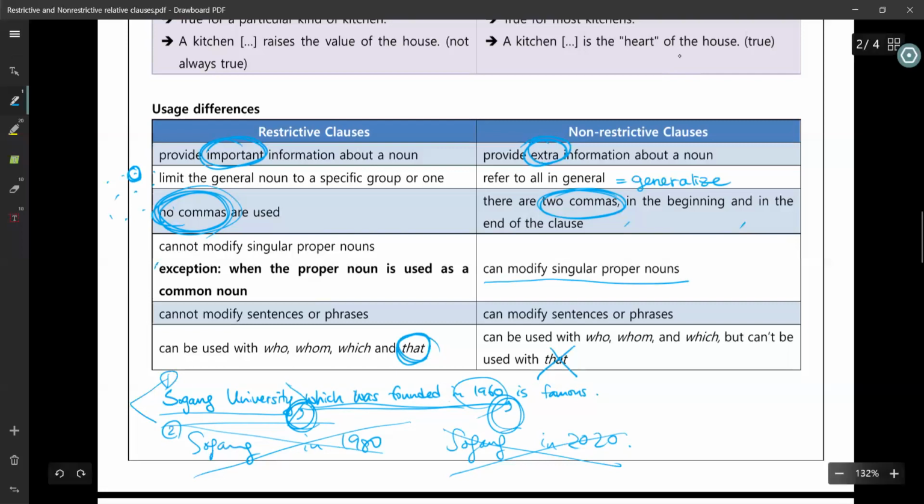Some people might be confused. Hey, what does this mean here? Exception. When the proper noun is used as a common noun, you can use it. Well, I'm talking about something like Kleenex or Scotch tape. You know how we sometimes use the brand name as just a regular noun, right? So for example, when I say, can you pass me the Kleenex